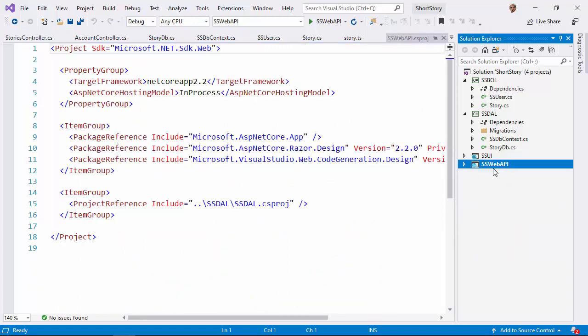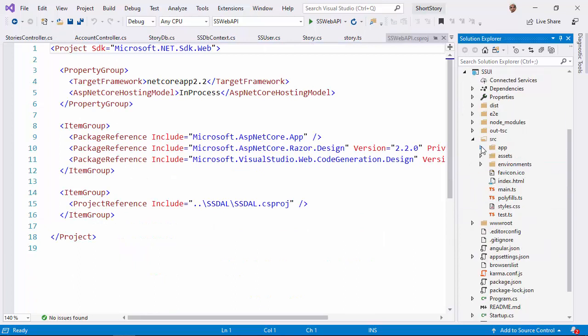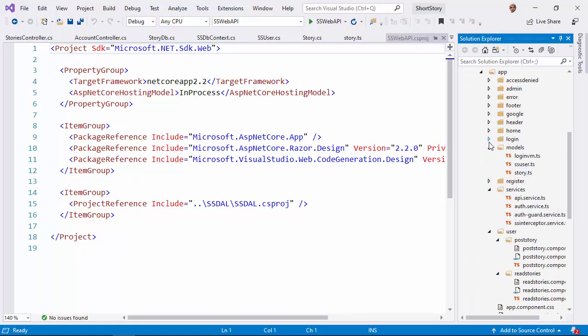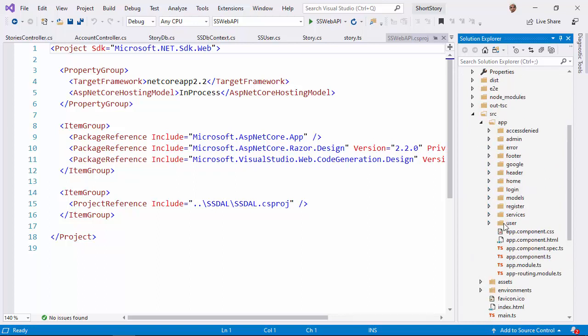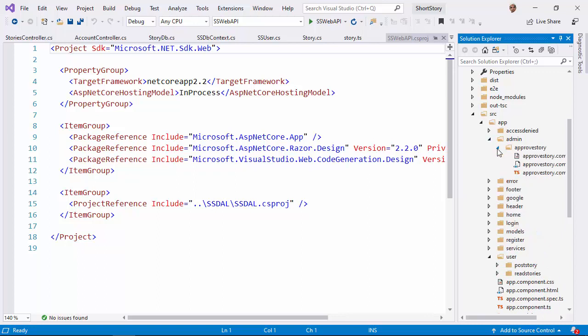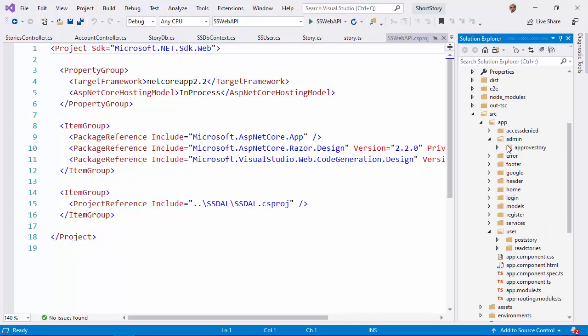This is our API that we are hosting, and coming towards our UI, we have our project structure. We have modules, user module and admin module. So a user can post a story, read a story. Admin can approve a story. Admin can also post and read the story. So admin is using the same thing, post and read, whereas the special feature for admin is approve story. So this is the structure that I have defined, and these are all common things: errors, footer, header, Google component,